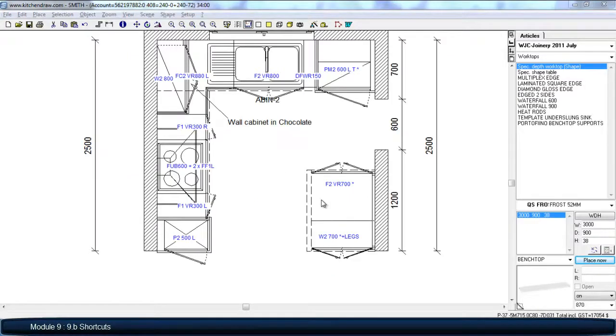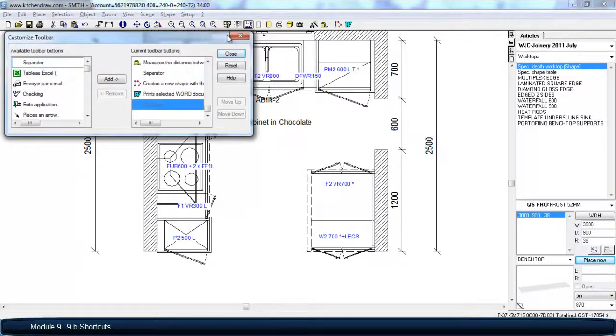Looking at a few shortcuts now. If you get yourself very familiar with Kitchen Drawer, you're going to want to customize it to suit your needs. So you can do that with this menu bar. You can choose which icons appear as shortcuts depending on which ones you use the most. To bring up that option, double click anywhere on the blank part of the toolbar and it brings up the